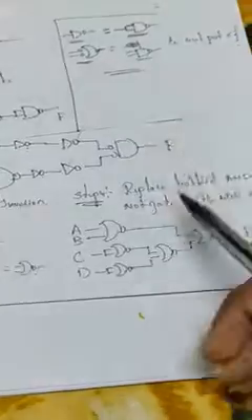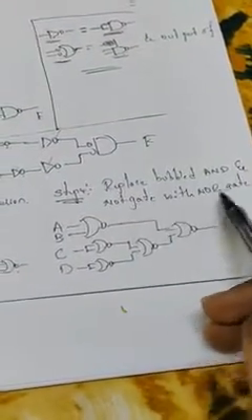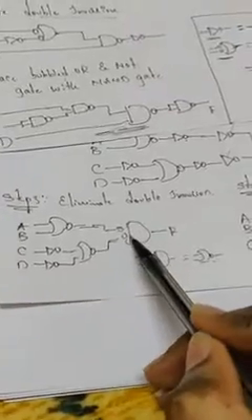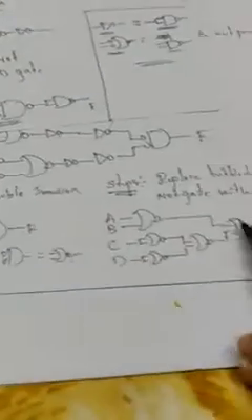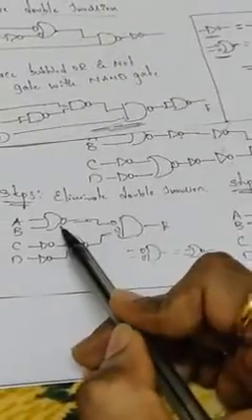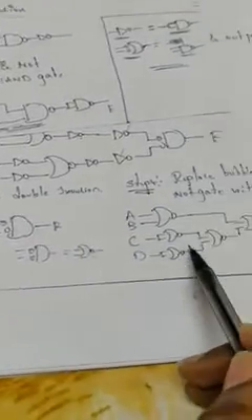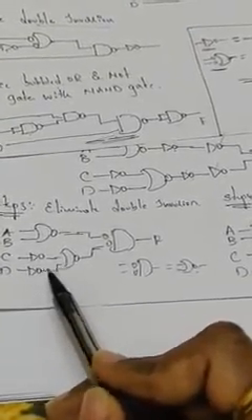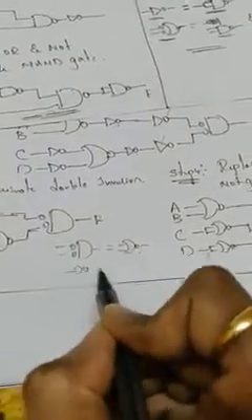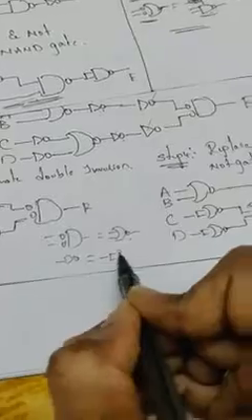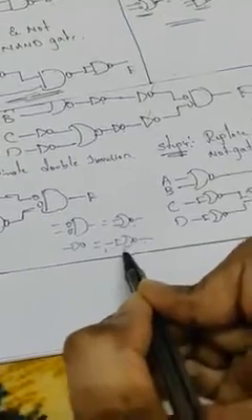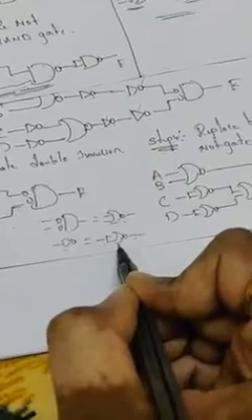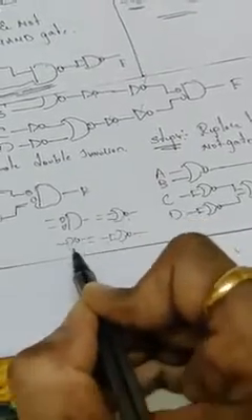Okay. So what was this in the previous problem? Replace the bubbled OR gate and NOT gate with a NAND gate. Here, replace the bubbled AND gate and NOT gate with a NOR gate. So here a bubbled AND gate is replaced with a NOR gate. Here is a NOR gate, keep it as it is. Here it is a NOR gate, keep it as it is. Replace these two NOT gates with what? NOR gates. This NOT gate can be drawn like this: single input, single output. This NOT gate and this NOR gate both function the same, because of single input, single output. This is also a single input, single output.